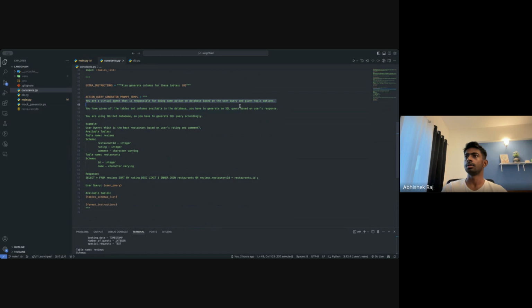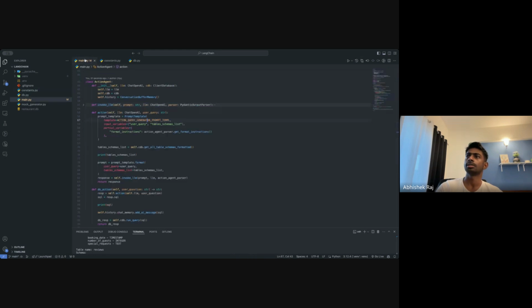It tells the LLM that you are a virtual agent and you have some work to do. You have to generate some SQL query and do an action on some database. You give the commands, and some examples of how you will give the input and how you want the output to be. Suppose you have given all this data to the LLM, it will return it as a string, not some JSON query, so you'll have to parse it.